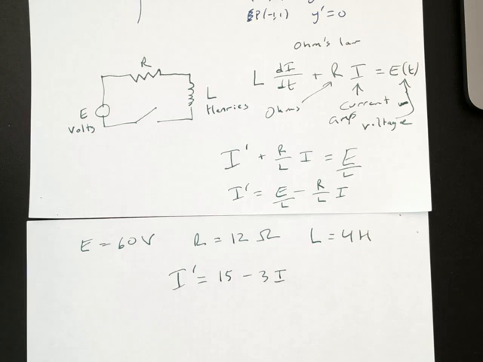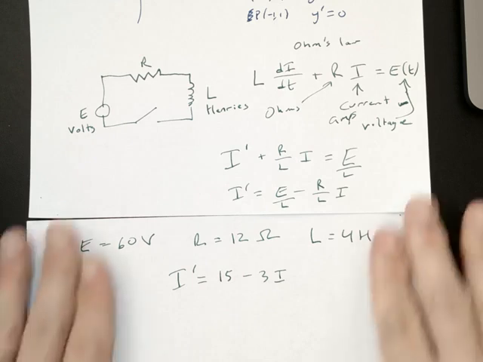Now this is interesting to me because, as opposed to the equations we were doing Monday or the one I was just doing, this time on the right-hand side of that equation, there's no x, there's no t. If I were to write this in y and x, it would be y prime equals 15 minus 3y. This doesn't care what x is, it only cares what the value of y is. Which means, if I were to try and draw a picture for this, a slope field,